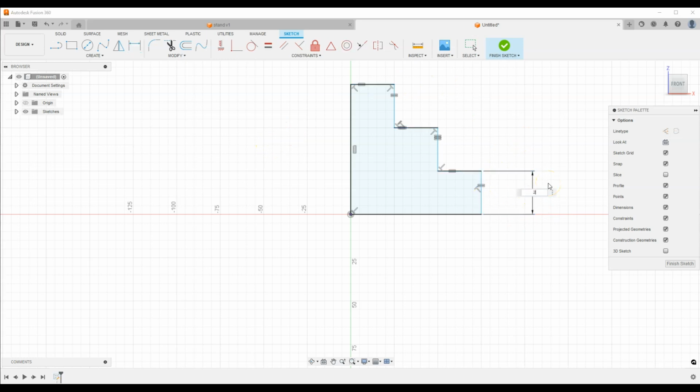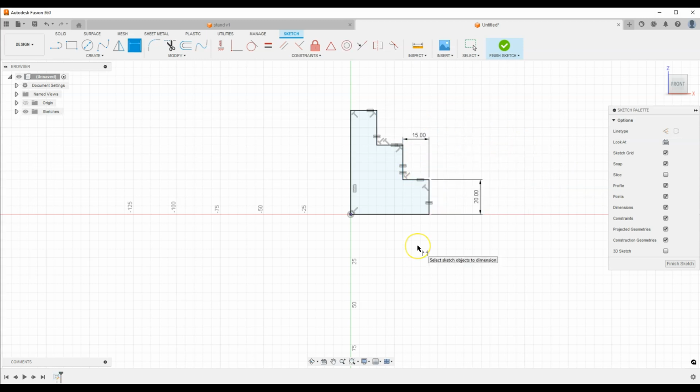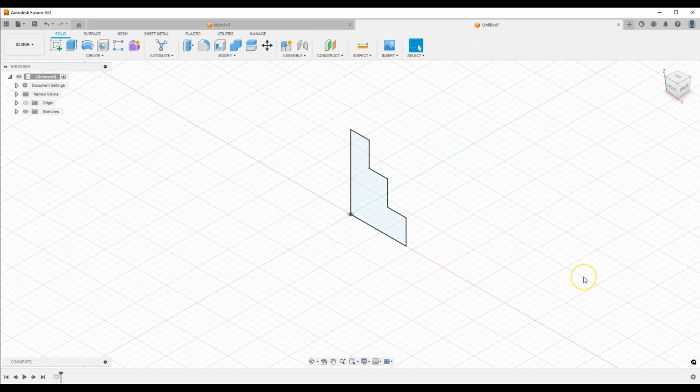select this line and enter here 20 mm, and then select this line and enter 15 mm. And because we used equal constraint here, we gave appropriate relations between the geometries, and these two dimensions are enough to define the sketch. Press escape to cancel the dimension command. The sketch is complete. Click finish sketch to exit the sketch, and now on the basis of this sketch we